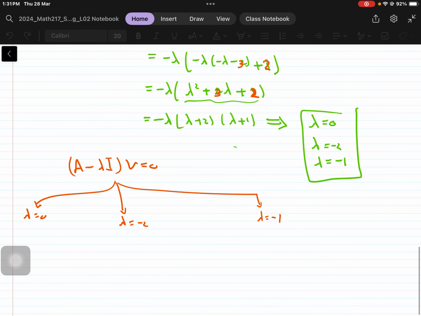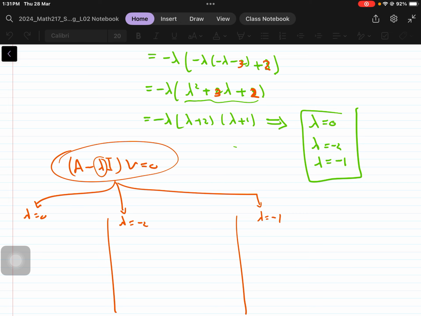Lambda equals 0 means we're going to substitute lambda equals 0 here and then try to